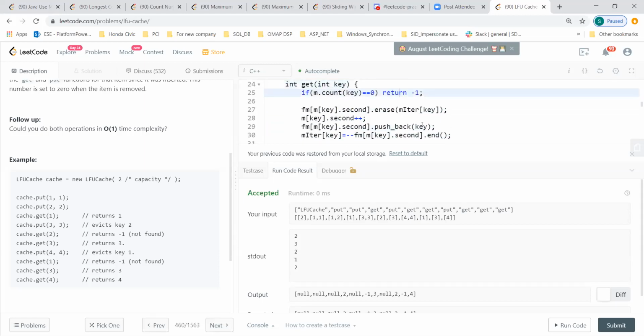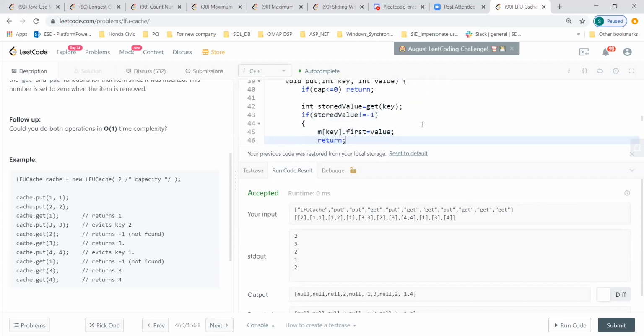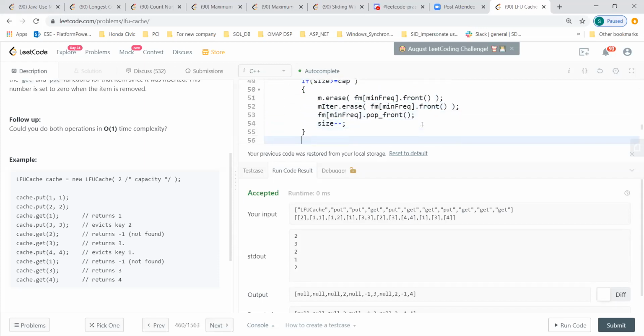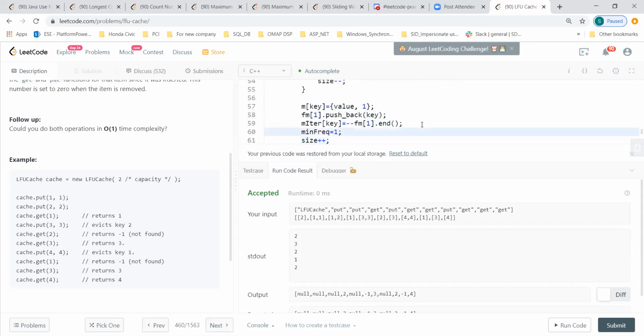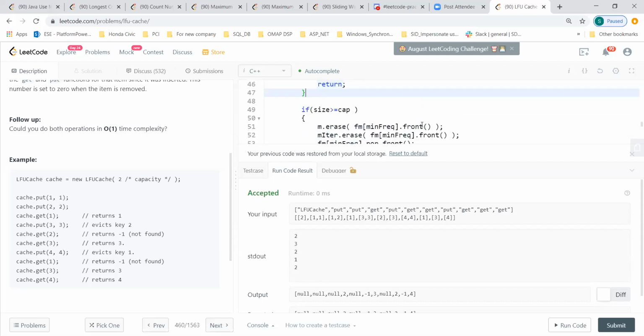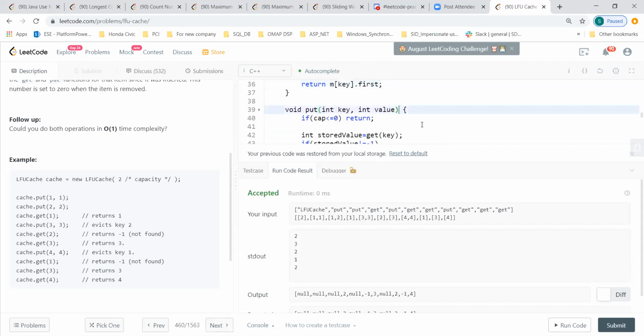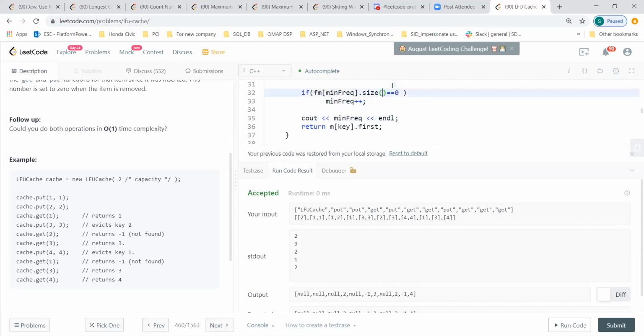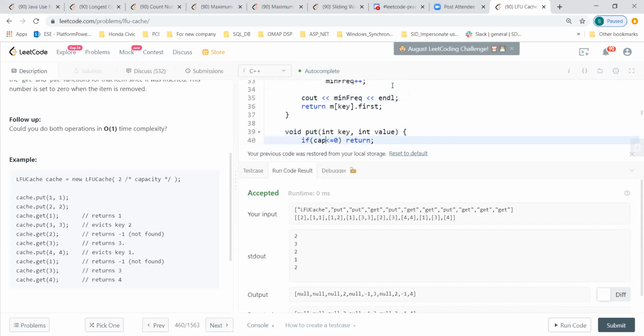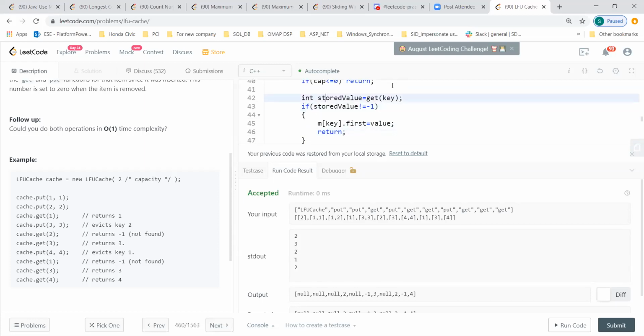But then why? Quite tricky. It won't do anything here, so it will go down, and then it will increment the frequency from here. That is the first one. And then when it comes for the second time, it will access that. But at that time, this minimum frequency will be 2 in this case. It should be 1, right, at this point? No, so what he's saying is that for 1 1 actually it is -1.